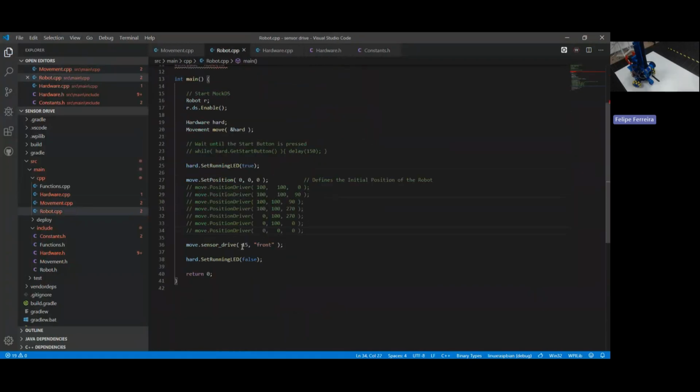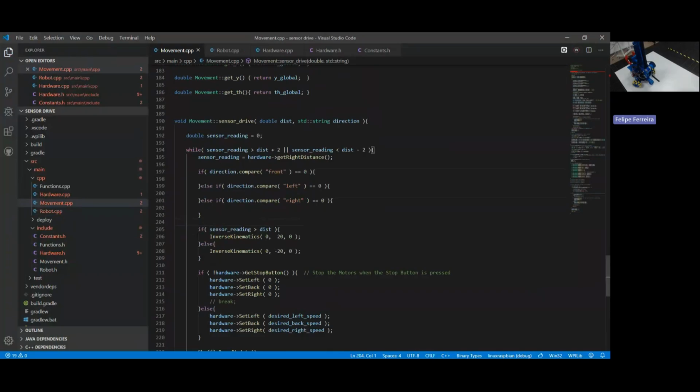According to what I put here later, left, right, front, it's going to select one of these if statements. What changes inside each if statement, when I want front, when I want left, when I want right,